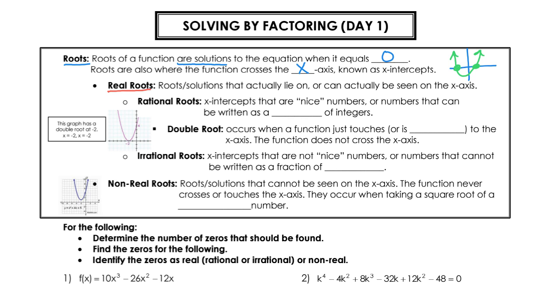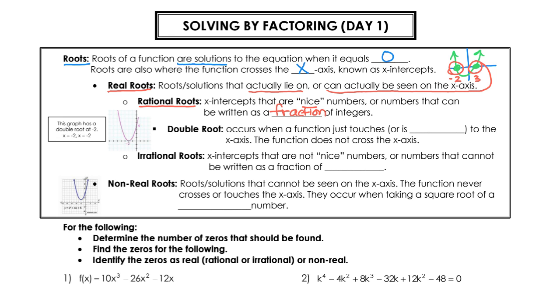First one is real roots. These are roots or solutions that actually lie on or can actually be seen on the x-axis, like these two here. Then there's a subcategory of real roots. They could be rational roots, which are x-intercepts that are nice numbers. Like, for instance, if this crosses at, let's say, -2 and +3, those are rational roots. They are numbers that can be written as a fraction